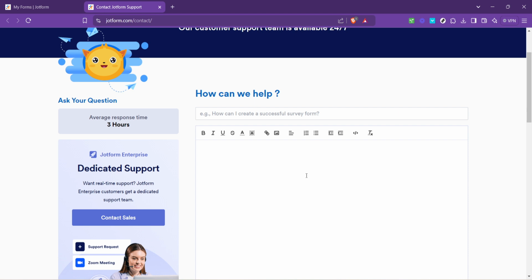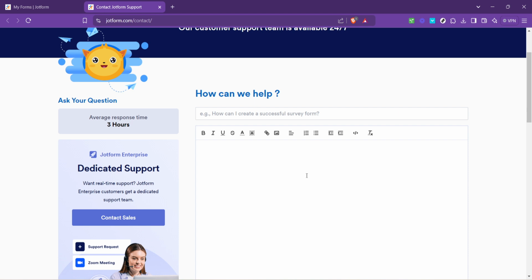This secondary box is there to make sure you have ample space and opportunity to fully explain your situation, thereby enabling the support team to provide as detailed and useful a response as possible. Remember, detailing your question or concern as much as possible is key to getting the best possible assistance. Specific details, descriptions, or examples of the issues you're facing can drastically improve the support team's ability to understand and